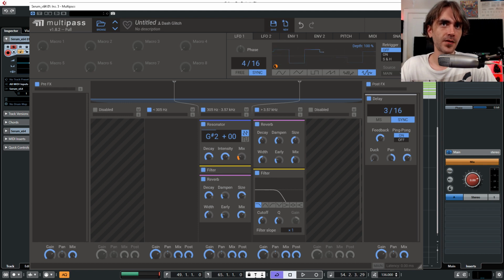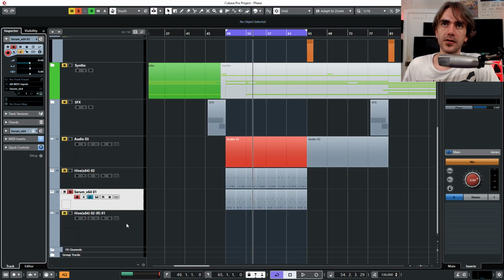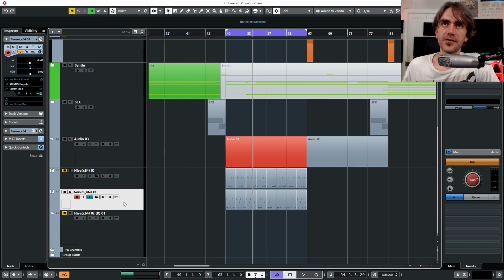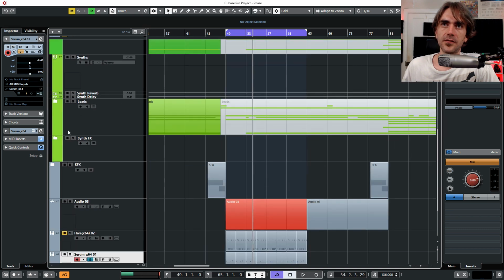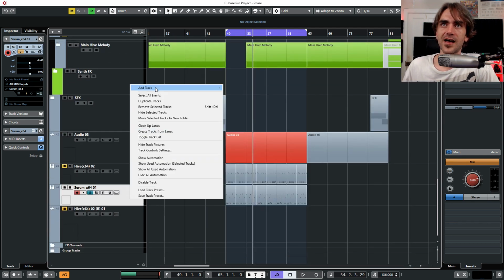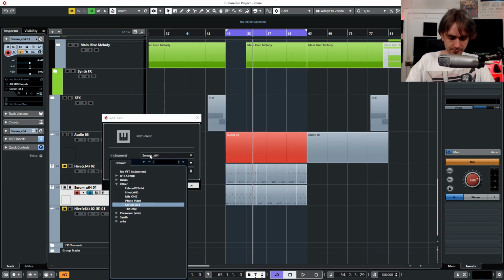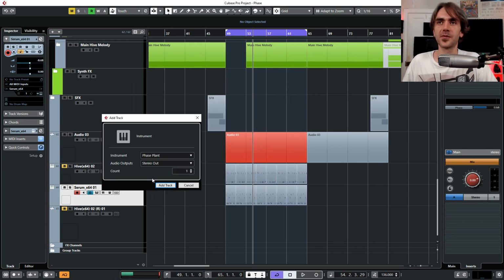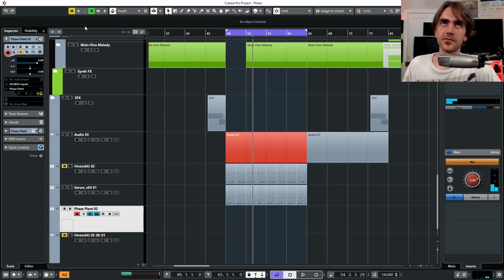With Phase Plant, I sometimes have problems determining how much modulation is applied since it's not visible on the knob. Consider any advice. So what you can do is a pretty handy thing. Let me see if I can. Do I have a Phase Plant here? I think I do somewhere. I don't. I think it's just all Hive and like one Serum. Oh, the Phase Plant is the bass, but I don't want to edit that. Okay, so